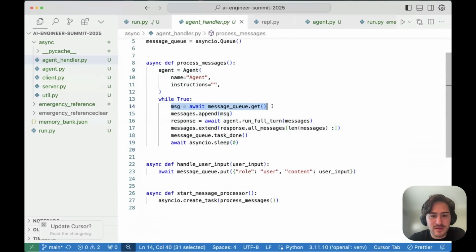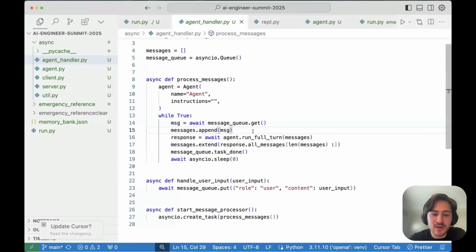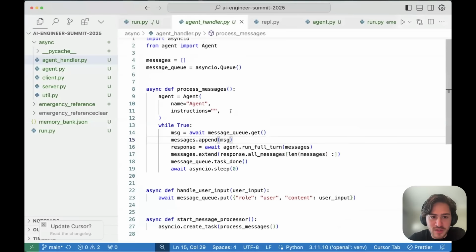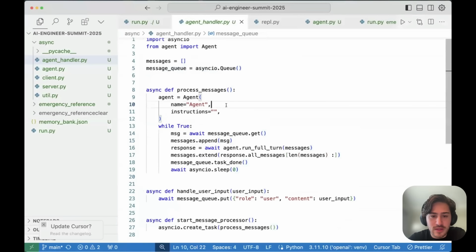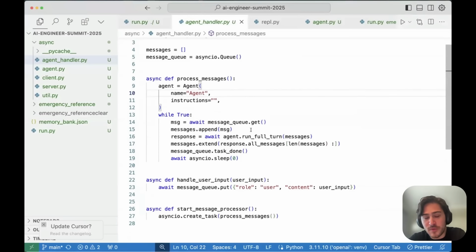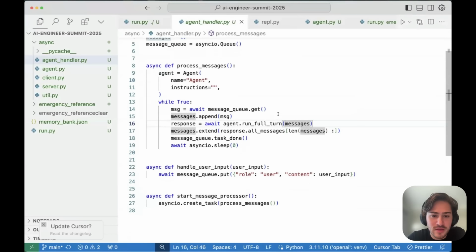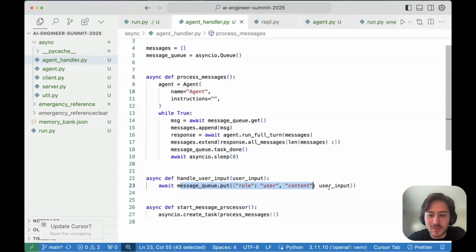It's like get the messages. Here's the only difference, right? And you'll see why this matters in a sec. I have a message queue. And this will be useful because we don't want to process multiple messages in the same conversation at the same time. We want work to happen at the same time, but we don't want multiple generations to happen with the same history, because then you'll get conflicts. If two functions return and they both need to be handled, while you want them to happen in parallel, the results should only come in one after the other. So we have a queue for that, and it treats user messages like that as well.